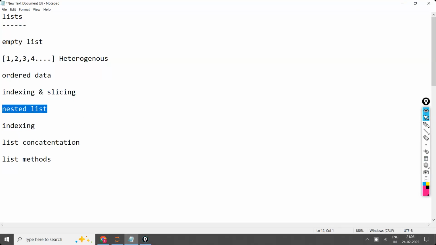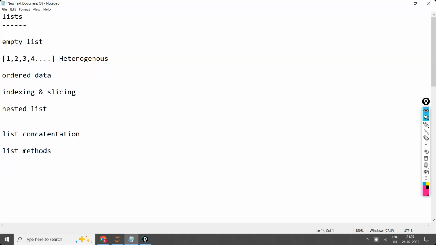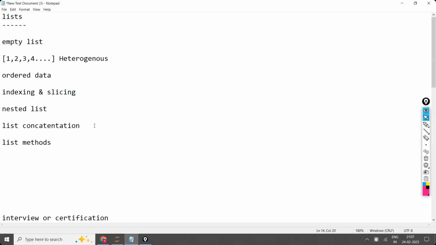Next, nested list. Within a list, one more list is called nested. Within a set, one more set is called nested. Is it possible? No. Because within a set, only immutable items should be there, whereas a set is a mutable item. So within that, one more mutable item cannot be inserted. Next, list concatenation. How do you do list concatenation? Set concatenation also can be done, but both the sets should have only immutable items. In both the sets, whatever is common